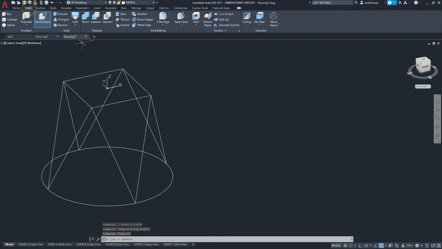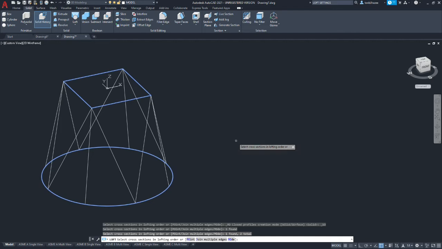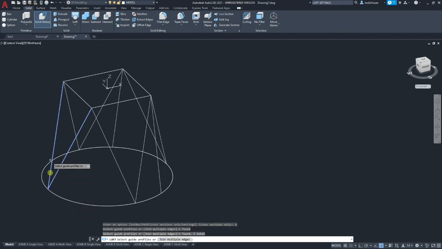Now it should be pretty straightforward. We're going to go to solid, go to loft, and pick the circle as our first piece, and then pick the rectangles as our second piece. We're going to hit enter, and then take guides, and select our guides in order, going around in a circular fashion. They should be the lines that we drew. You see some stuff moving around there; that's the surface itself. Once you've gotten all those done, hit enter and accept.